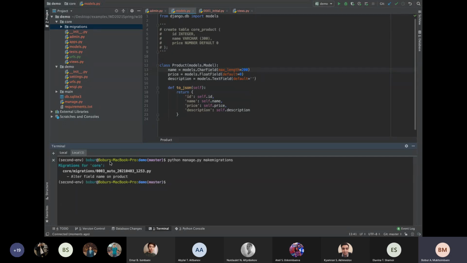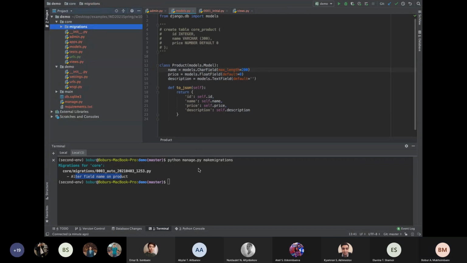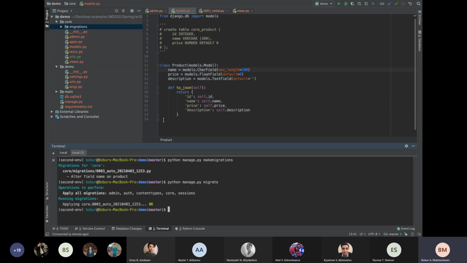Makemigrations says alter field the name of the product. It says we want to change the name of the product so the maximum length should be 200. And the next command just applies these migrations to the database. And that's it. And you can show migrations,